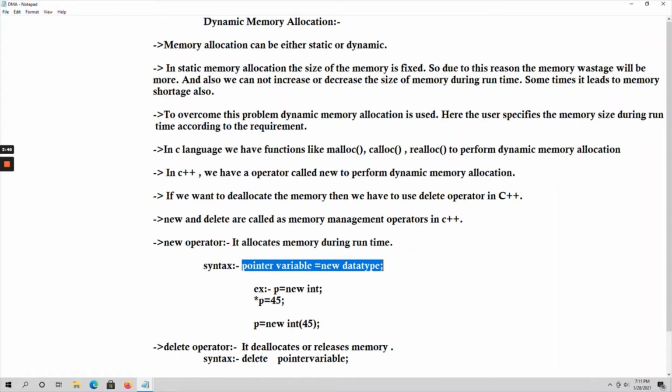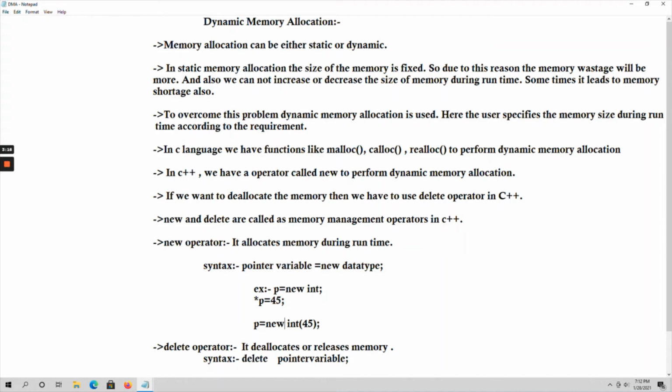You can also write it as p equal to new int of 45. You can follow this syntax also. Here new is an operator, the keyword, and it will allocate the memory during runtime.